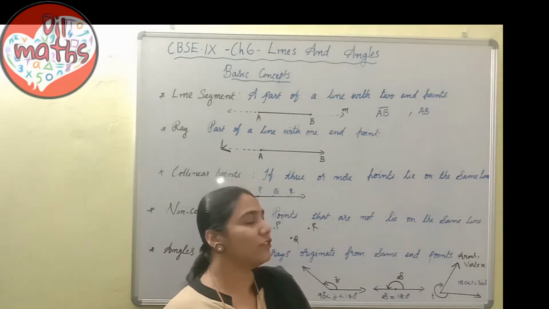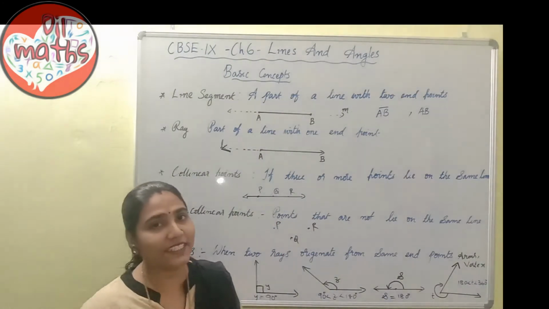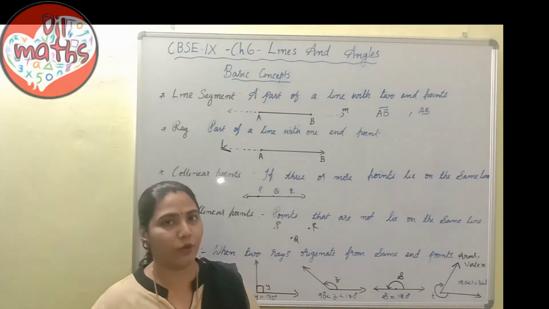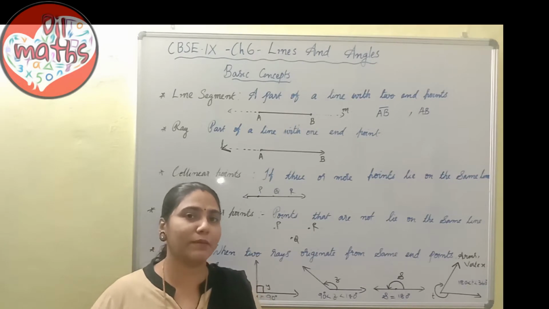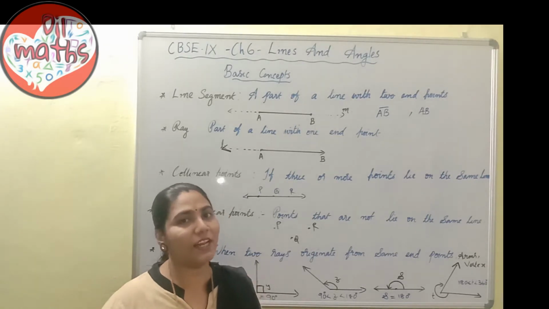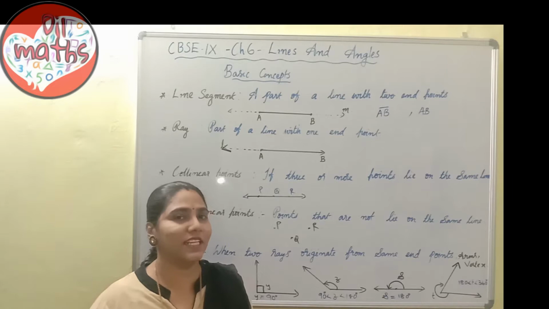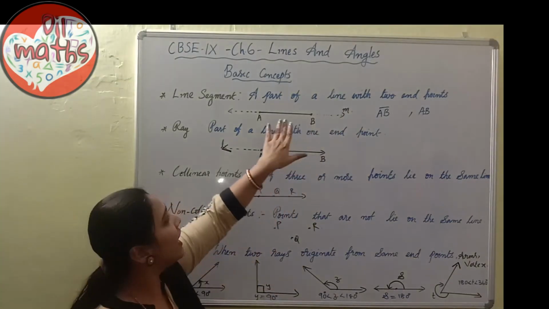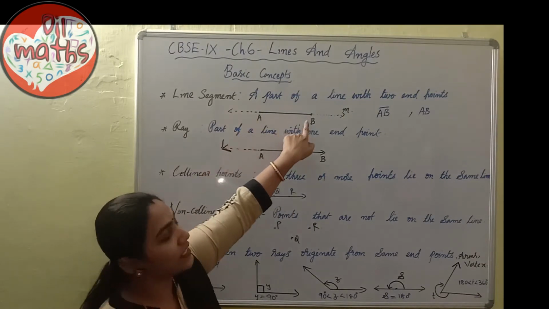Okay. So what is the first point I have written here? Line segment. What is a line segment? Part of a line with two endpoints. So to get a line segment, what we should do? We should take a line and cut at 2 points, isn't it? So what I did here means I took a line M and I am cutting that at 2 points